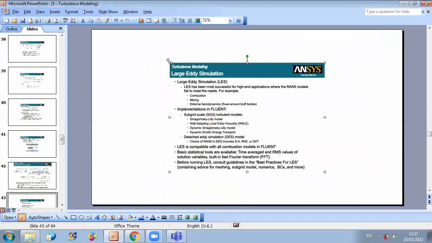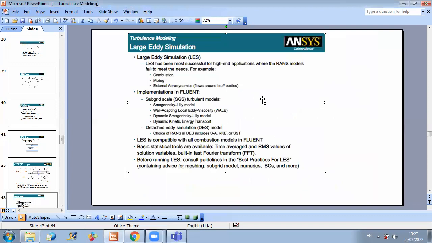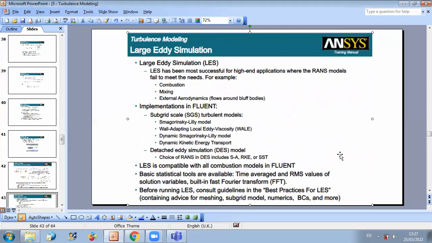So to summarize, large eddy simulation has been most successful for high-end applications where the RANS model failed to meet the needs. As I told you, when you use a turbulence model, you will always have some limitations. It will not be able to predict some issues. So this is why large eddy simulation can be a solution in some cases, because it has been shown to give highly accurate results in regions of large eddies. For example, if you consider applications such as combustion, mixing, or external aerodynamics,